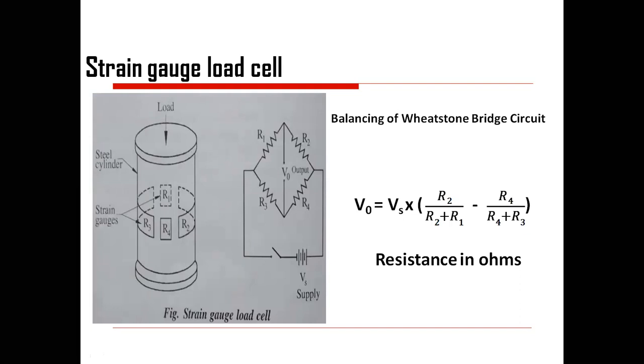V0 is nothing but Vs, the supply voltage, multiplied by R2. All the resistances have been specified, R1, R2, R3, R4. These are the resistances, but what is actually the strain gauge? What is a strain gauge? We will go thoroughly into strain gauge. But what happens, the strain gauge has the property, when you